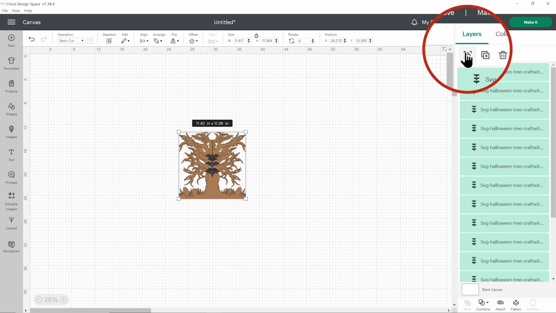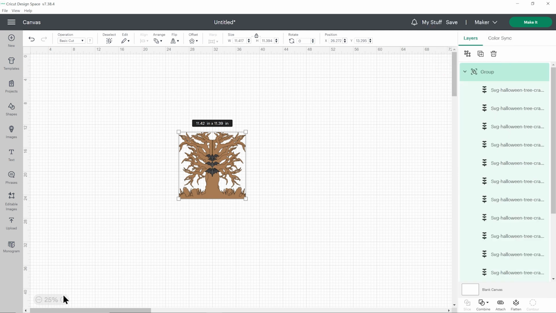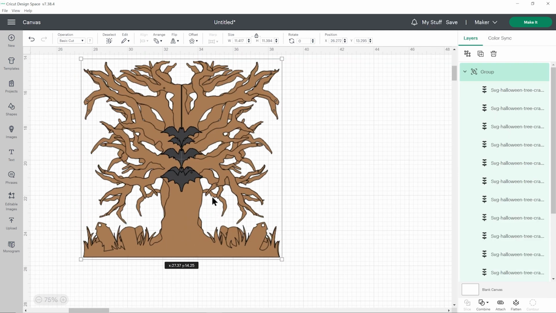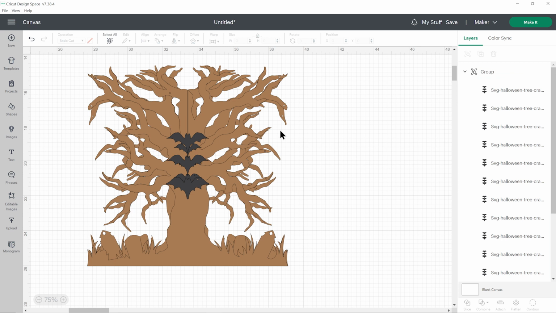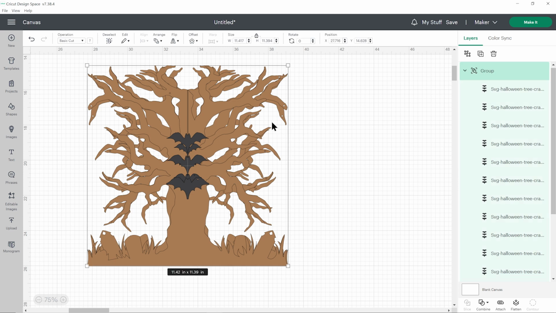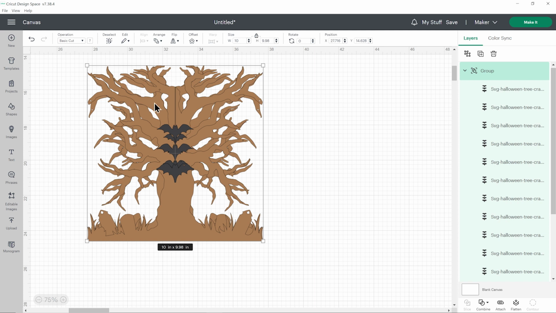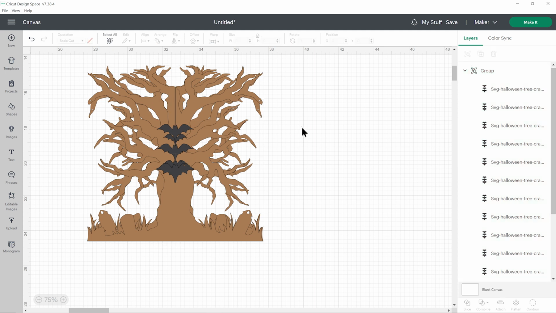So we can group it again. I'll zoom in so it's easy to see. And then if I wanted to, for example, make a 10 by 10 inch tree, I can type 10 inches into the width and press enter. And everything changes in proportion, so I know everything is still going to line up exactly. And don't worry that it now looks a little bit weird on the screen. That doesn't matter. Your Cricut still knows that they're all completely different shapes.